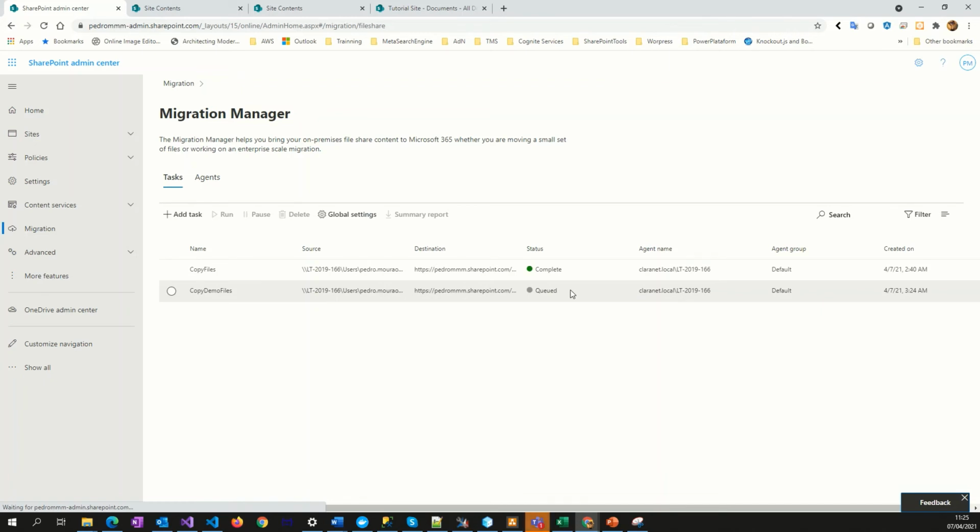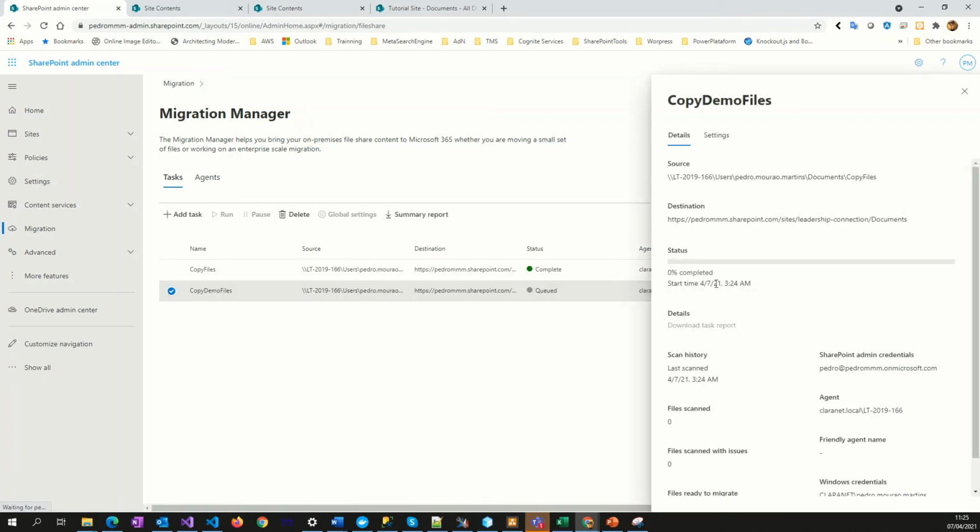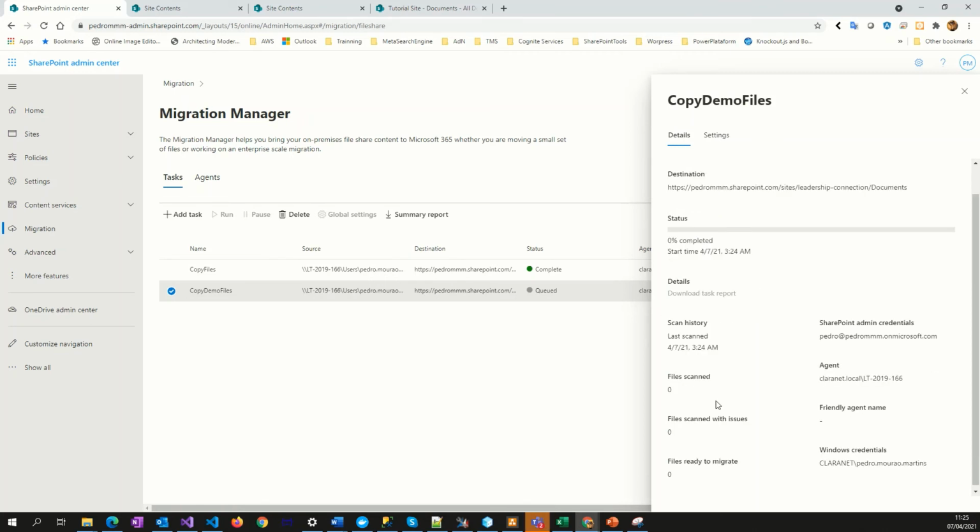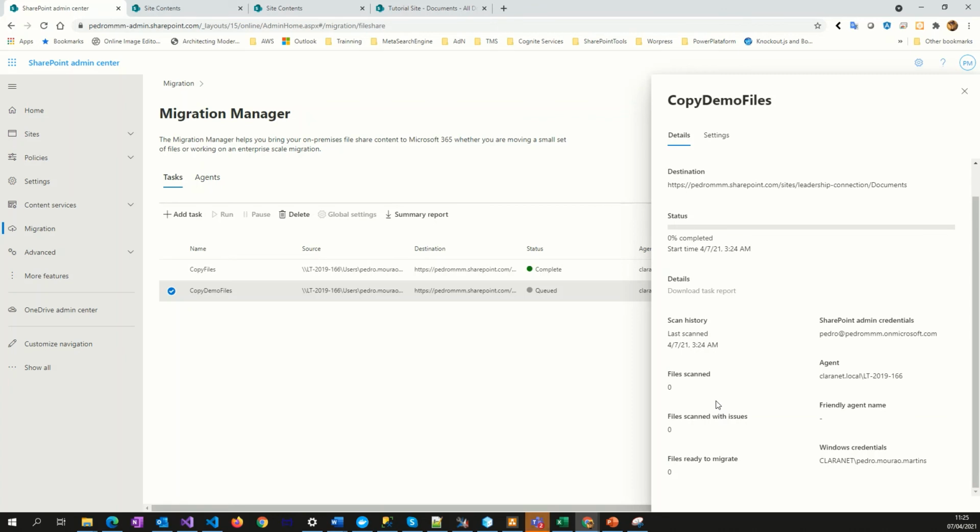And right now, for example, we can see again the start time. We will wait a little bit, and after some time it's possible for us to run and see it running, okay.